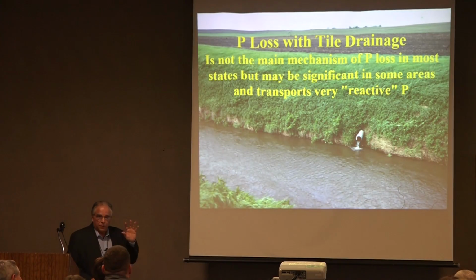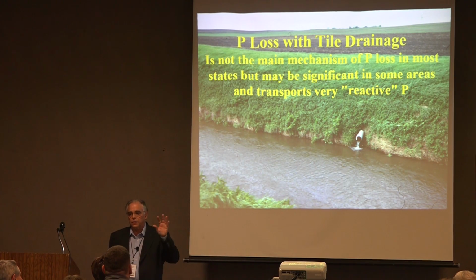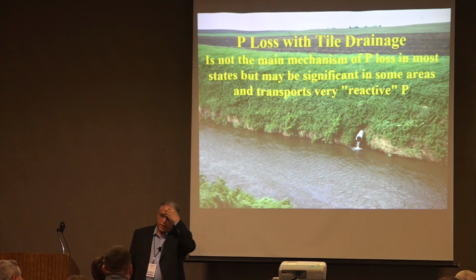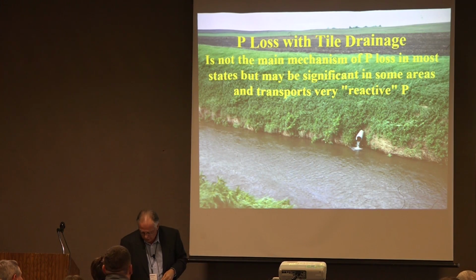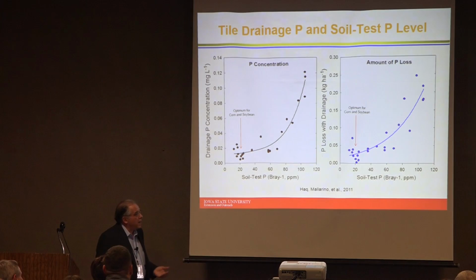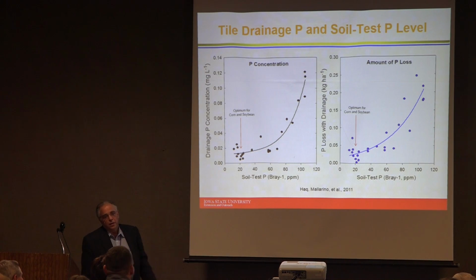So a couple of things. Soil-Test P is not a big deal for phosphorus loss with tile drainage. People think about that because they have nitrogen in their mind, okay? They need to forget about nitrogen. These are some of the data we have. It doesn't matter what experiment, what year, what we do, manure, no manure. One can have up to about 3 times more soil P than is optimum for crops, and we cannot detect a change in the loss of phosphorus with tile drainage,